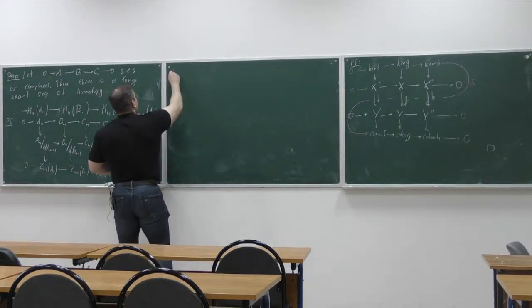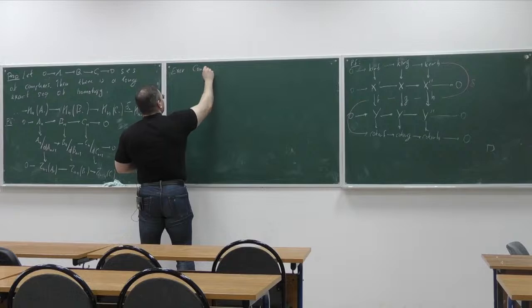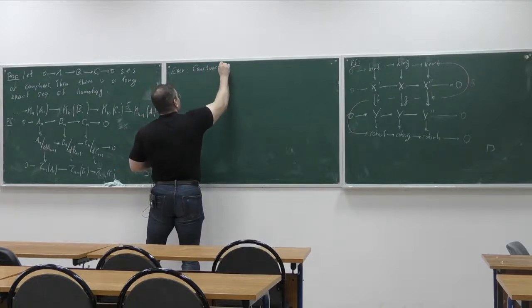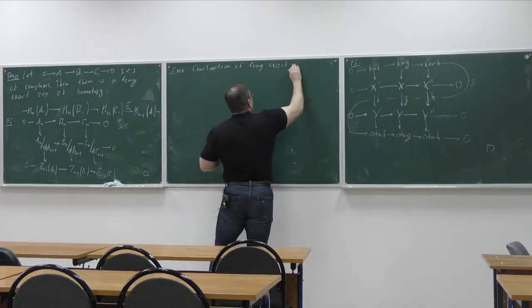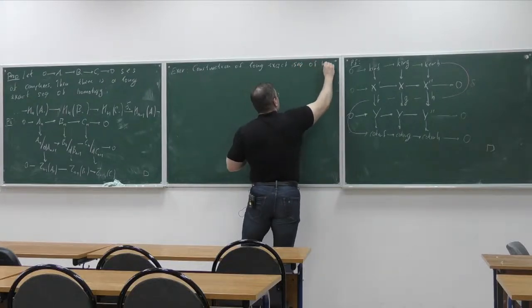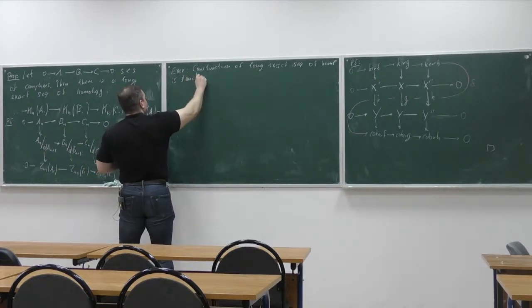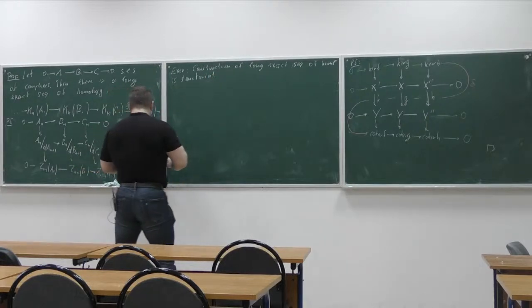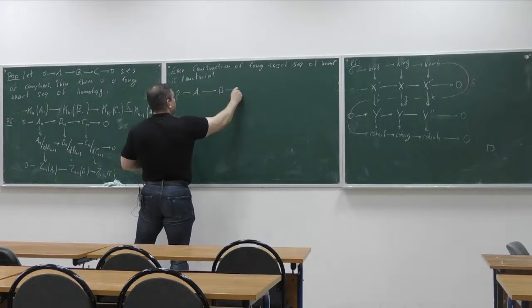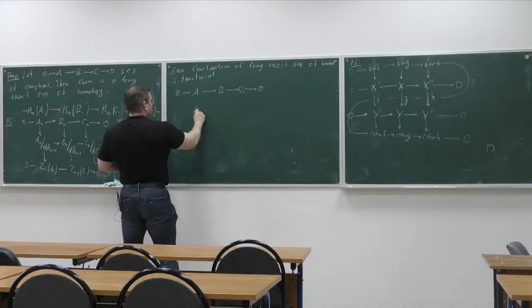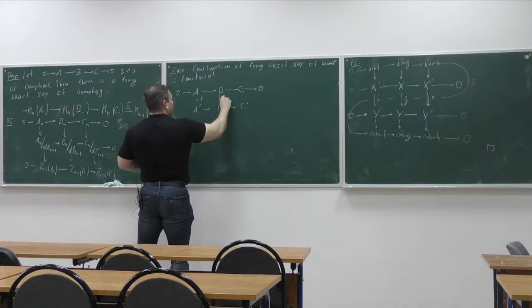So to this proposition, I want to add an exercise, that the construction of the long exact sequence of homology is functorial. Well, more precisely, this means that if you have one short exact sequence of complexes and another short exact sequence of complexes and some maps, say f, g, and h,